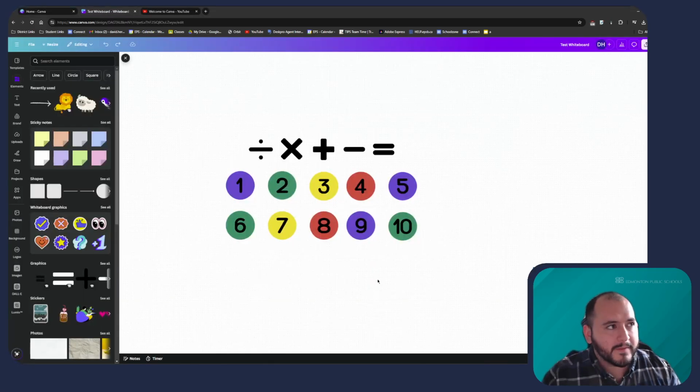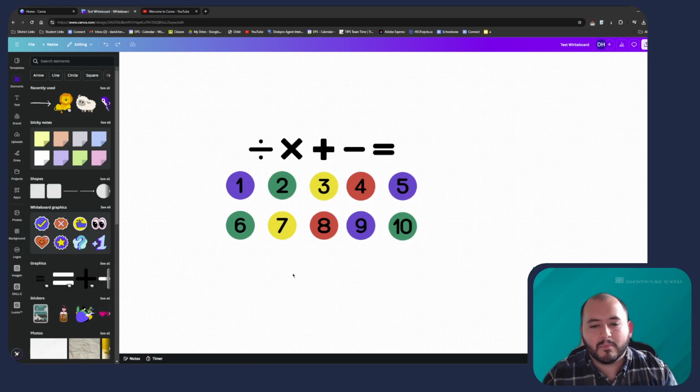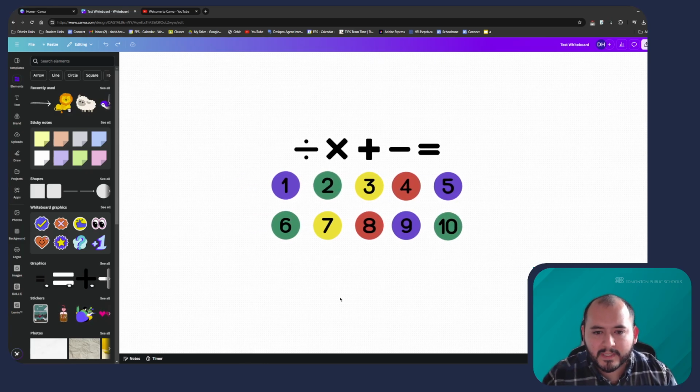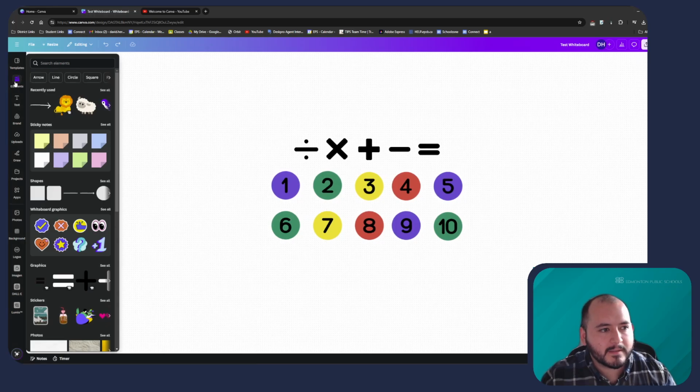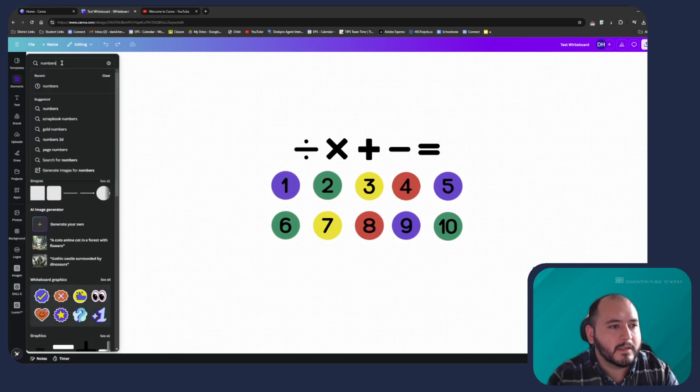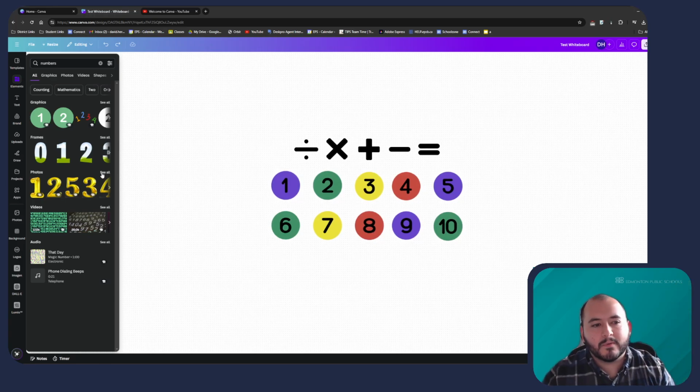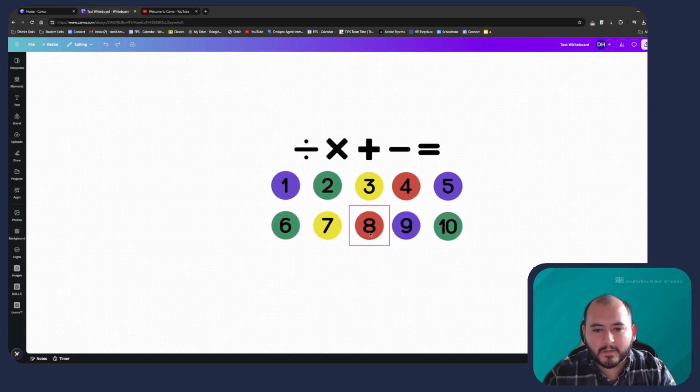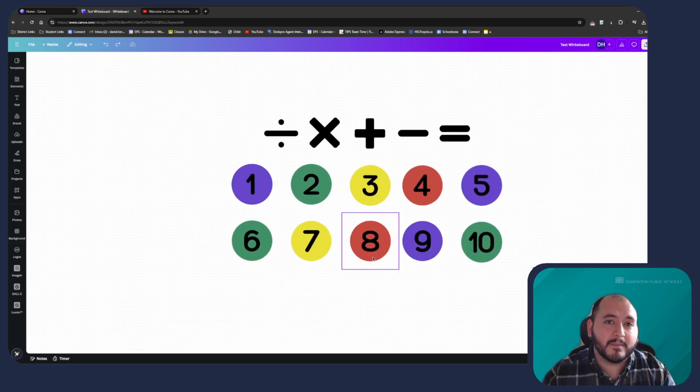I've already created one that I'd like to show you, and it's just a very simple one with some numbers and some math operations. So let's say I'm working with my students and we're learning about addition. I've just pulled in these numbers from the elements menu on the left side of Canva. If you go in here and you type in numbers, you'll get any style of numbers you want to use in your lesson. You'll notice that these are also animated, so you can have animated elements inside of Canva, which